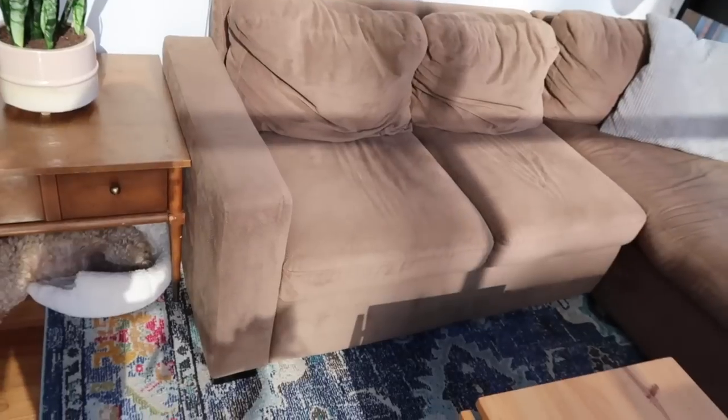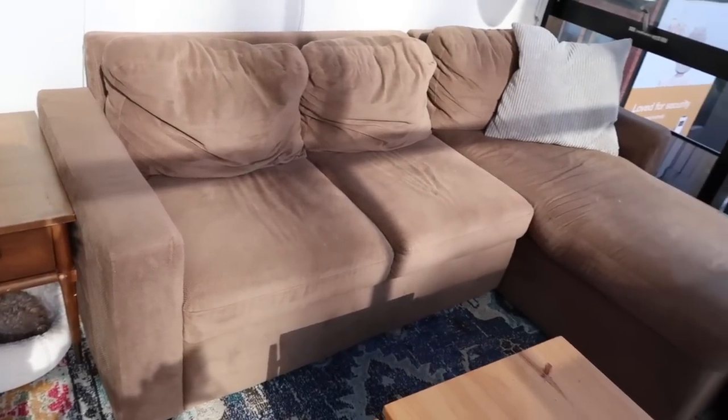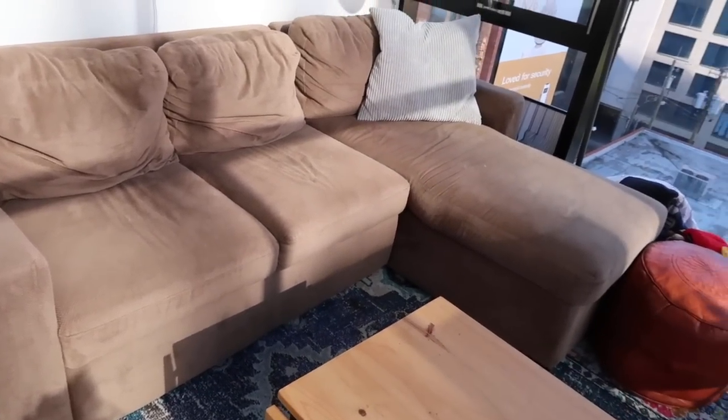I have a strong love-hate relationship with this couch. It is so functional. It works so perfectly for our space. Ooh, but do I wish I could get something prettier. But this couch originally came from Costco. We actually bought it used off Facebook Marketplace back in Phoenix and then trucked it all the way over here. But I love this thing so much because